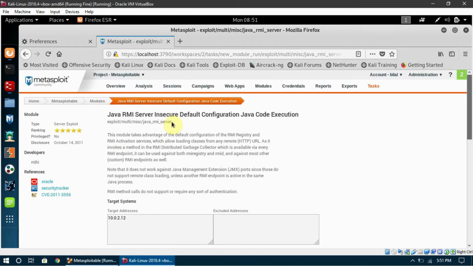So if you want to use Metasploit against it, you can just copy this, go to Metasploit in the terminal, say use, and then paste this, and it will work similarly for you like we are going to do it right here now.